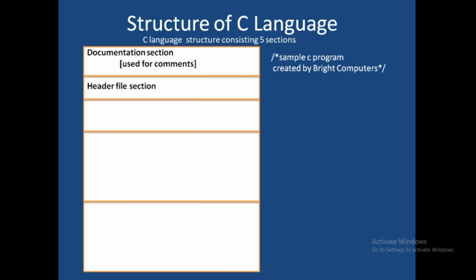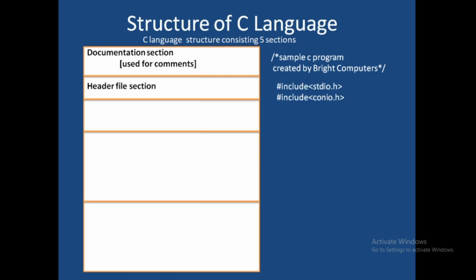If you need any predefined library function in our program, that function is in the C software library. We have to retrieve that function into our user defined program. To link that function into our program, we use the header file section. So we can also say it is a link section.